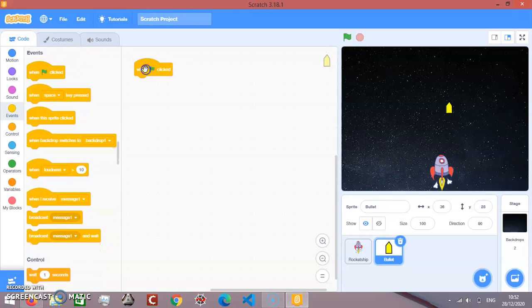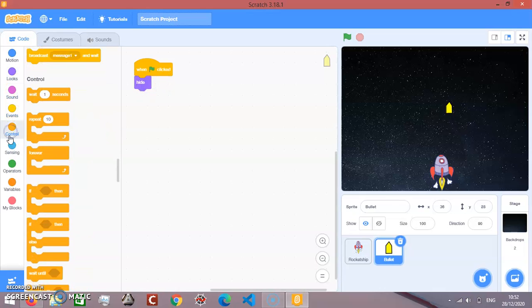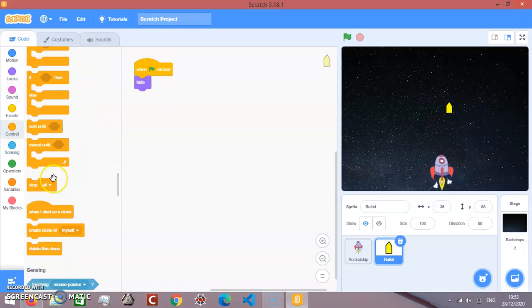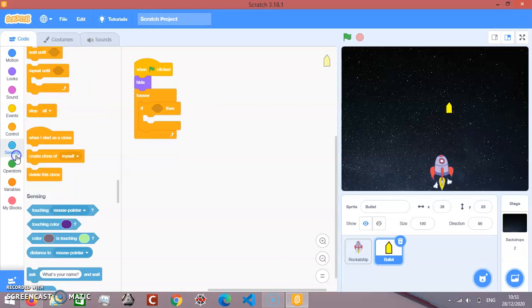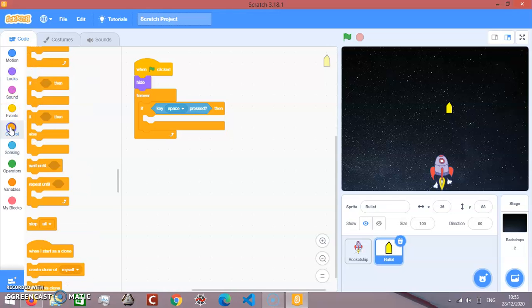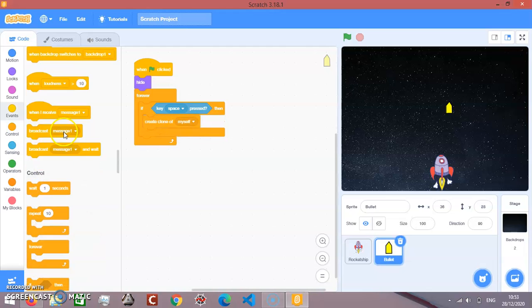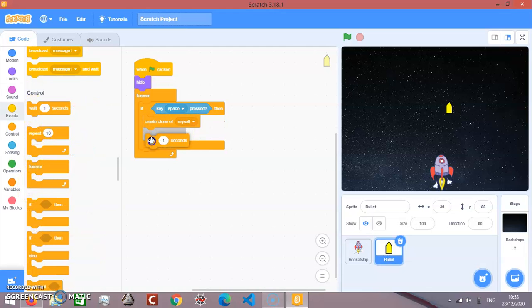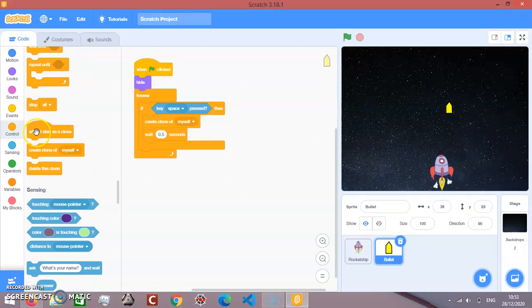When green flag clicked, we'll hide it because we're going to make clones. And then forever, if, sensing, key space pressed, then we will create clone of myself, and then we'll wait 0.5 seconds, and then when I start as a clone,